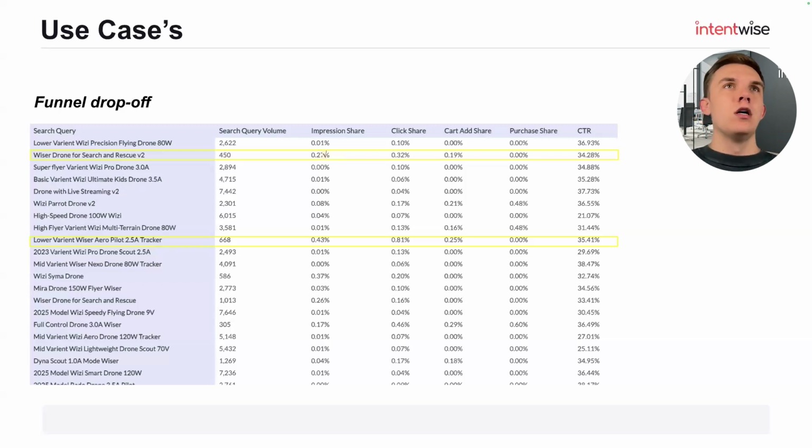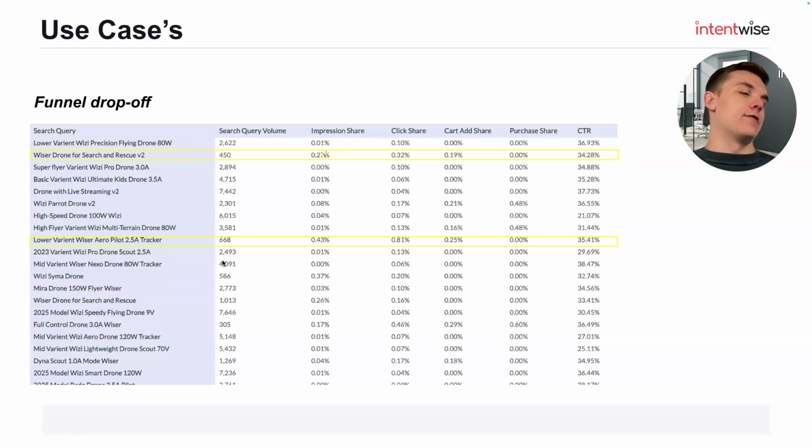So maybe I need to run a promo. Maybe I need to work this type of term in my bullets more, right? If search and rescue is a term that I'm getting good impressions on, maybe I need to work in some secondary imagery for search and rescue or work that into my bullets, right? So those are some type of insights we could bring out of this type of data set. Or lower variant, Wiser